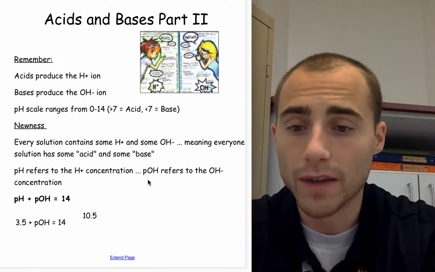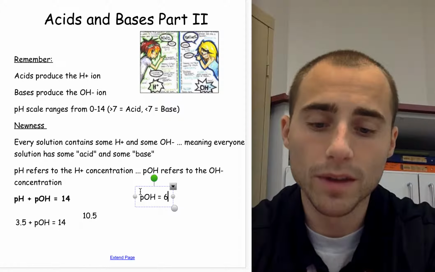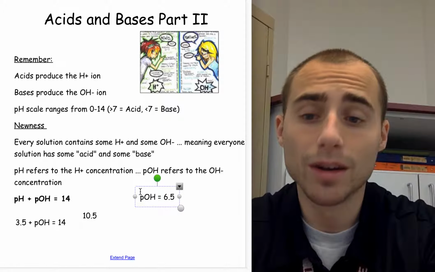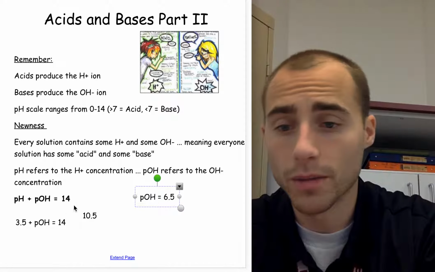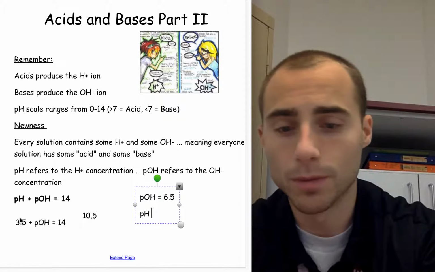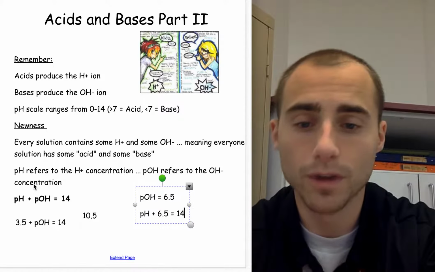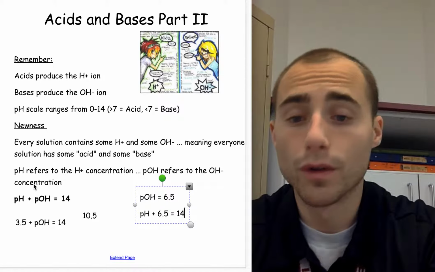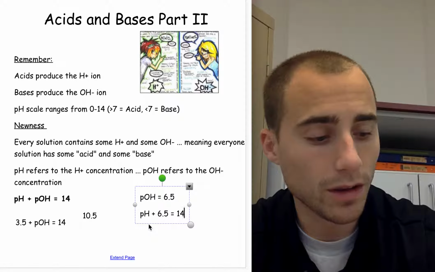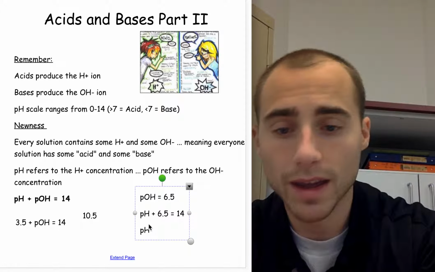Another quick example. If I said the pOH of an item equals 6.5, I want to know two things: what is its pH, and is it an acid or a base. Well, I go over here and I look at my equation and I know the pOH. So I would say pH plus 6.5, because I plugged in 6.5 for the pOH, equals 14. Now I need to solve for the pH. How am I going to do that? I just subtract 6.5 from both sides, so 14 minus 6.5 gives me a pH of